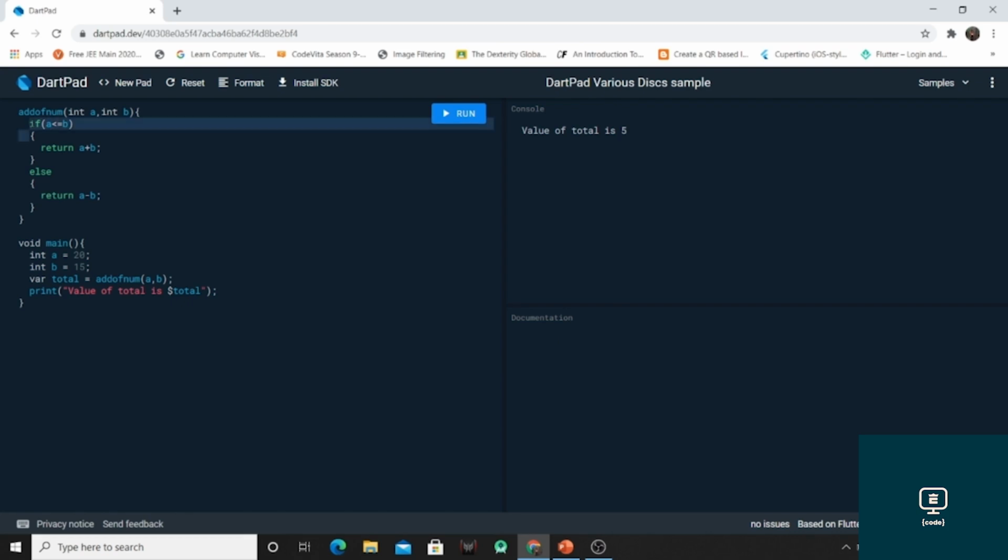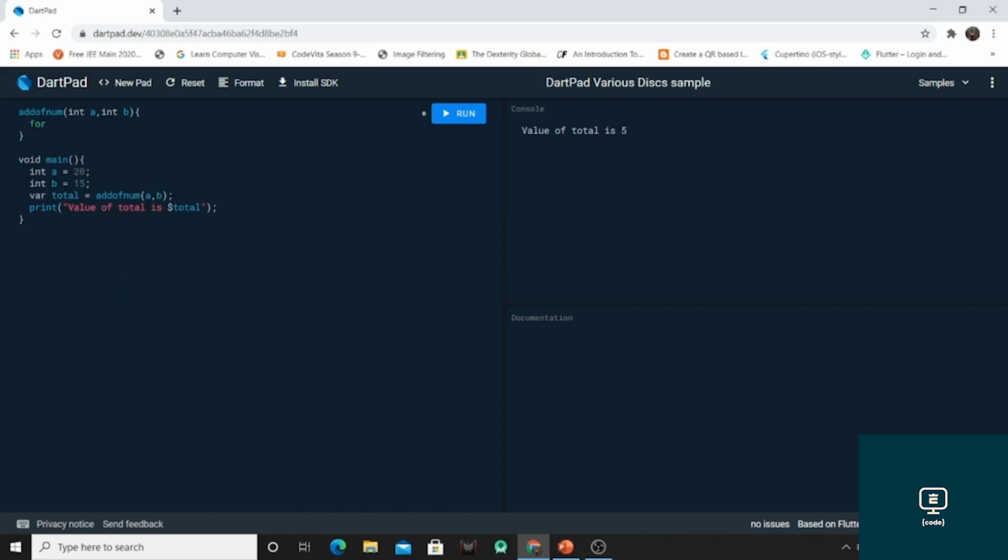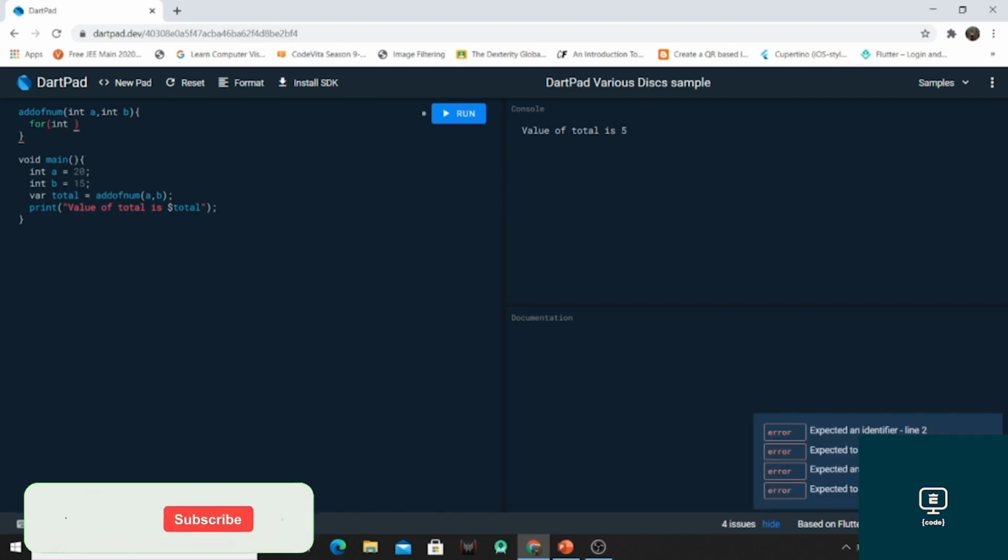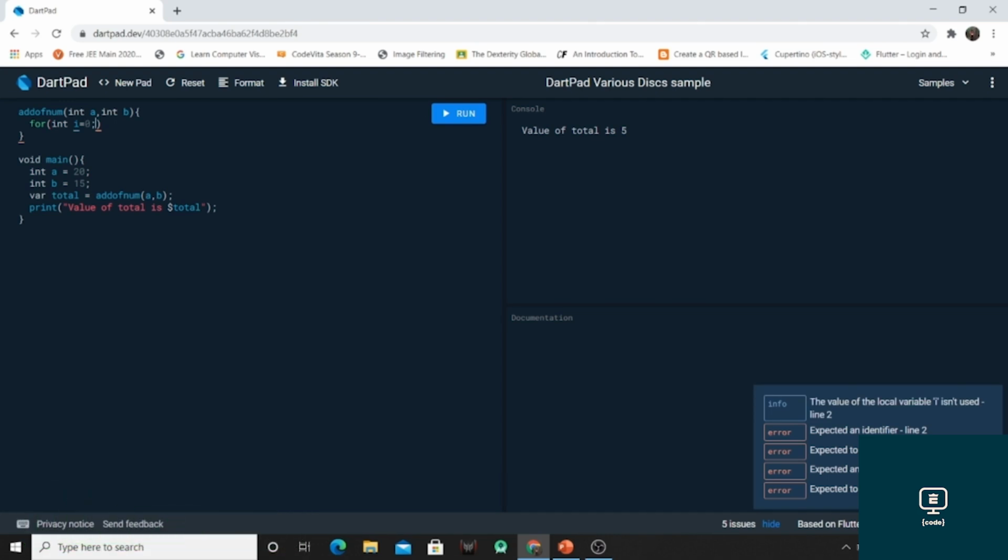Like if we can implement the for loop as integer i is equal to 0, i less than 5, i plus plus, and we can print the value of i. So this is the for loop.